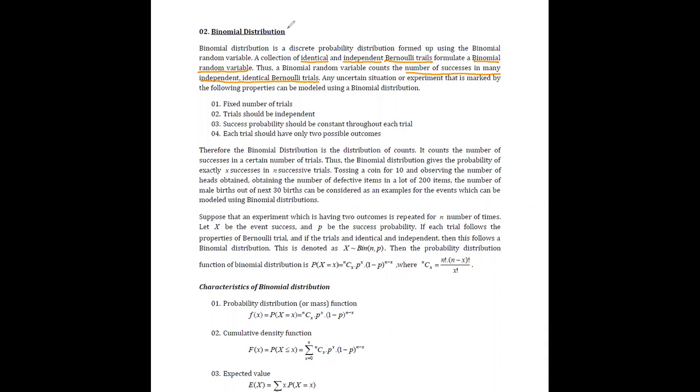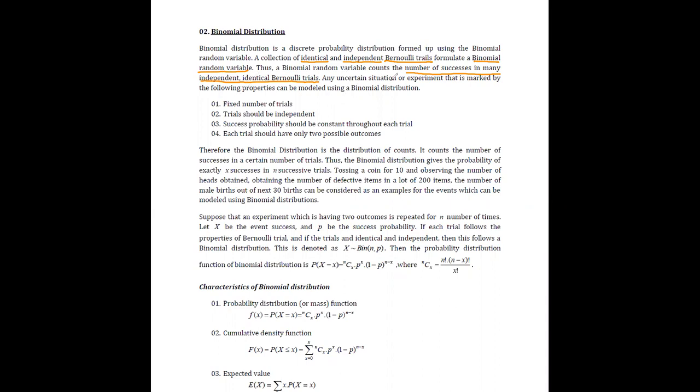What we did with the Bernoulli random variable was run an experiment for a single trial, and just observe whether it is success or failure. Now we are repeating the same thing a large number of times, and among those we are identifying how many successes there are. That is why we can say this is a collection of Bernoulli trials. A single run of an experiment can be considered a Bernoulli trial, and these trials should be independent and identical.